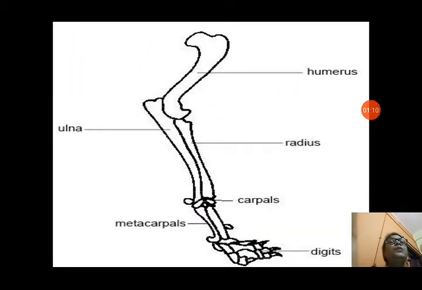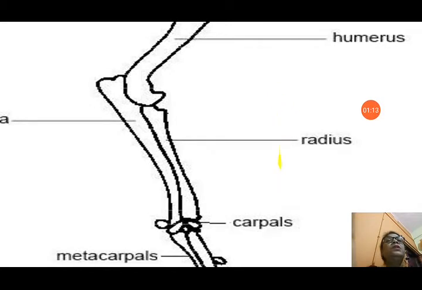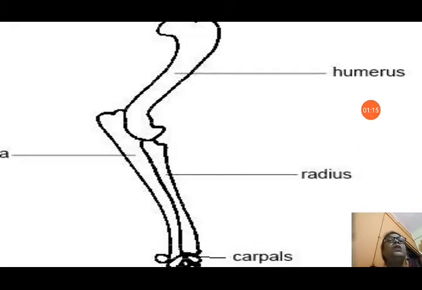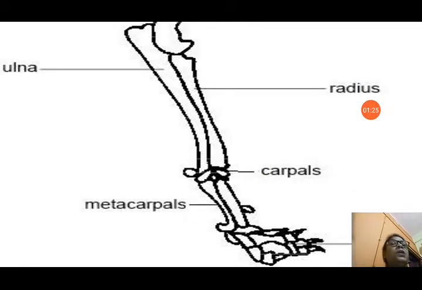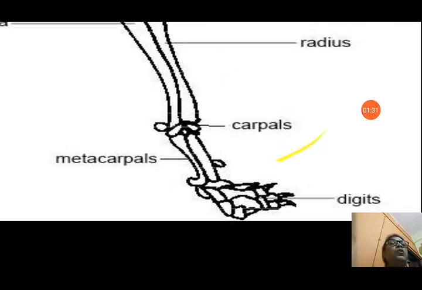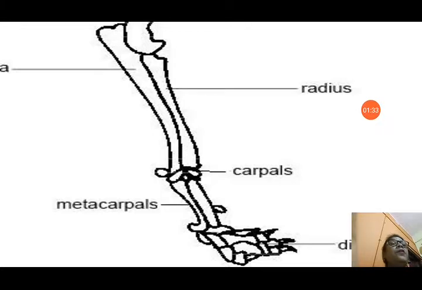Let us see about all this. We can see in this picture there is a single big bone in the upper arm that is known as the humerus, and in the forearm there are two thin bones, one is the radius and the other is the ulna. After that, carpals and metacarpals make the wrist. After the wrist there is the hand on the lower side, and it has fingers. This is the picture of the hand.